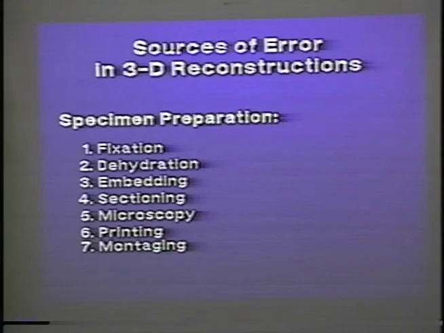So you're going to change dimensions that way. During the embedding process, I talked about some of the problems with different embedments associated with shrinkage and thinning. In the sectioning process, we have compression which takes place, depending upon the kind of embedment you're using, how fast you're cutting the sections, and other factors. One has to ameliorate this using chemicals or heat in order to relax the sections and get them back to